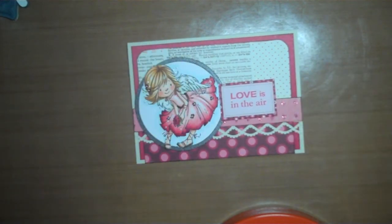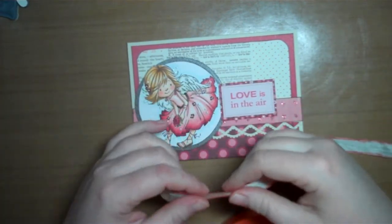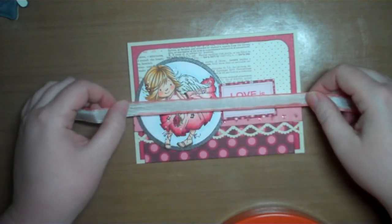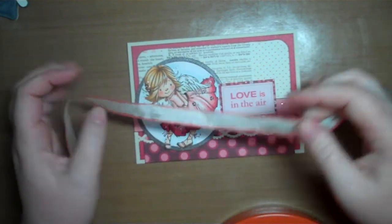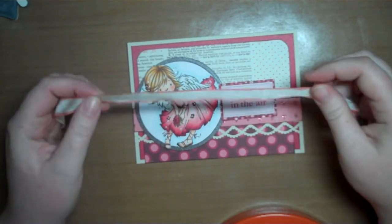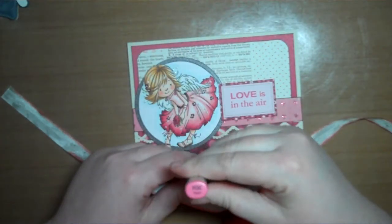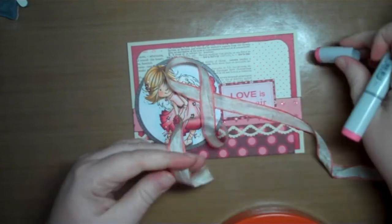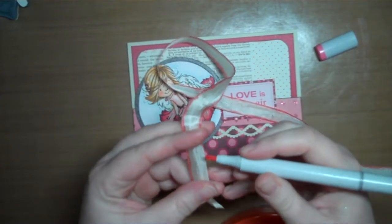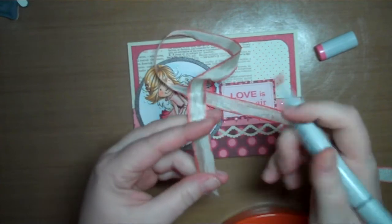And I want to bring some ribbon in. And this is just seam binding. I had seen on Pinterest this very cool hand-dyed ribbon that was kind of cream, and I wanted to reproduce it, and I was trying to think of the best ways possible. And so this is actually just using my Copic, the R32, and running the edge of it along the seam binding,